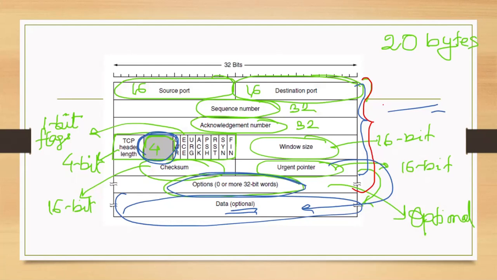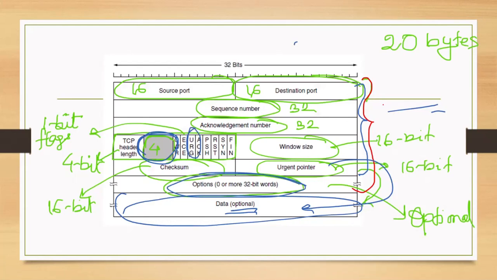It will take this data, put it in a segment, put it in the header, and then send it immediately without buffering. But how will the receiver know that whatever data it has received is urgent data? So to tell the receiver that the data I'm sending now is urgent, you read it immediately, don't store it in your buffer, don't be lazy, it will set this URG flag to 1.